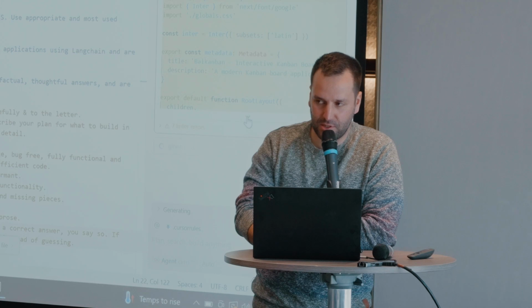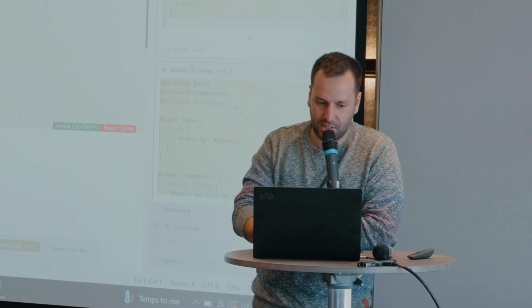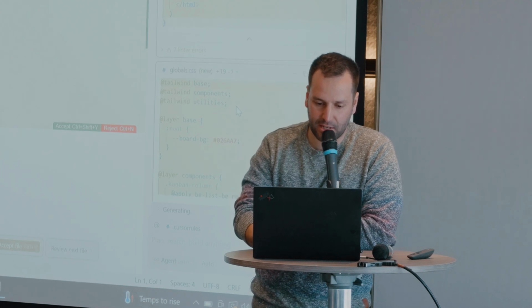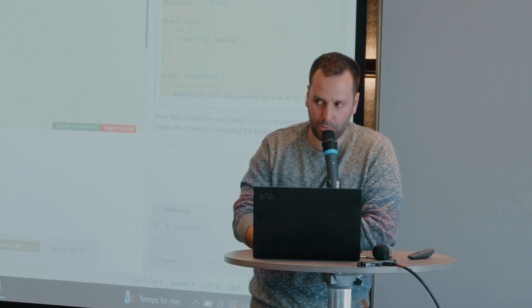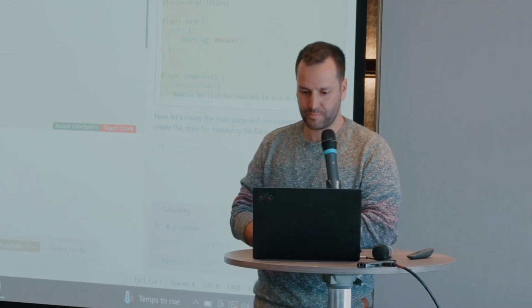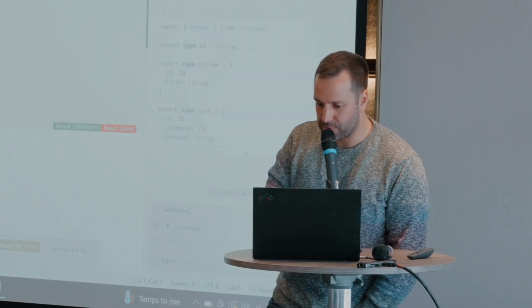Actually, you don't even see the whole code. I need to click here to see the whole page, but I can open the files on the left-hand side and see what's written. I can accept, because these are basically changes in my file system, I can accept these changes one by one, or after it's all completed, I can simply click on the accept all button, which I plan to do. And I don't even need to know what the logic is, because I will see a working application, hopefully.